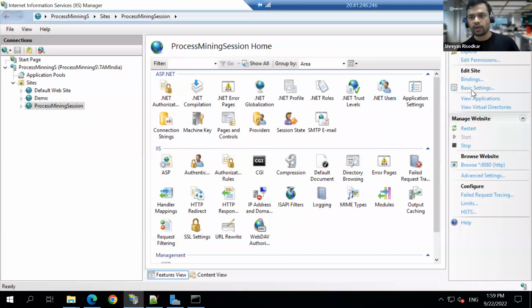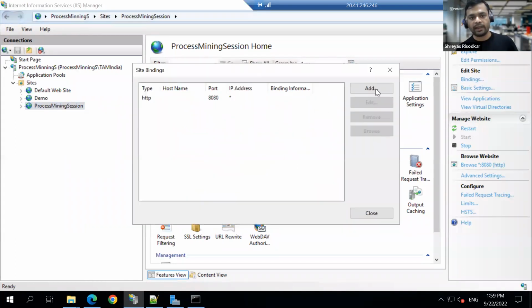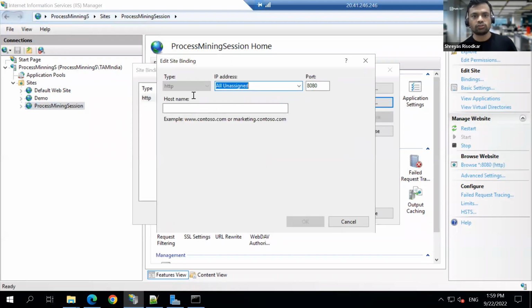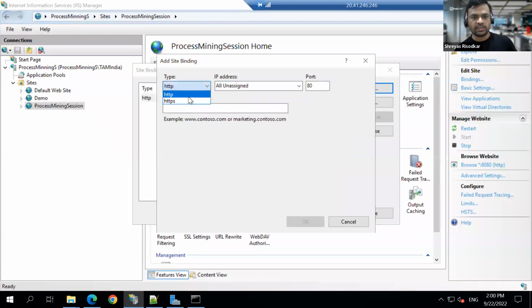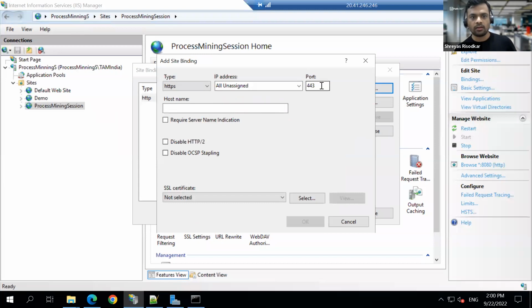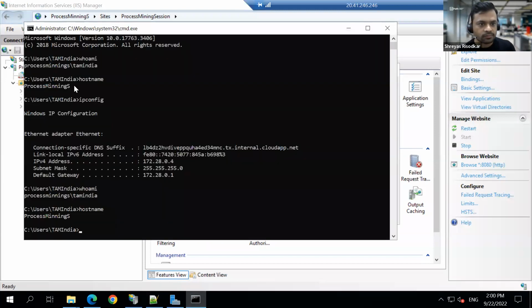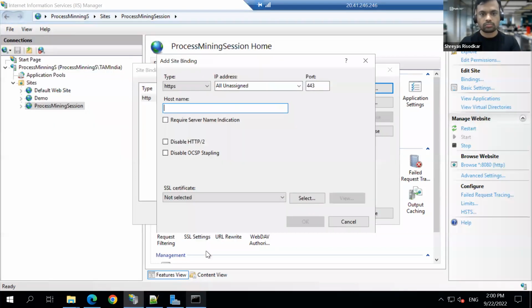So in that case, what you can do is, after the application is set up, you can go and click on bindings and edit the bindings to change it to HTTPS, or you can add a new binding here to change to HTTPS to run on, let's say, 443, and specify the host name and provide this